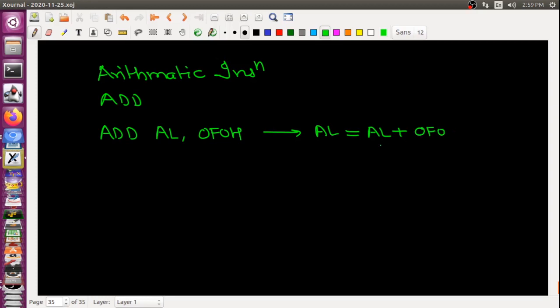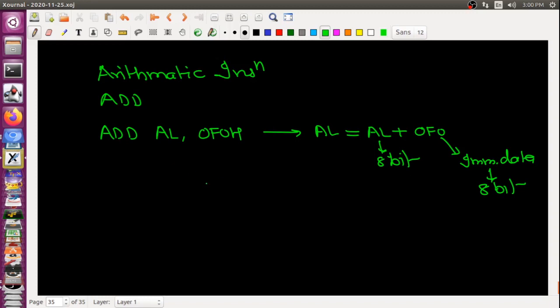Because AL contains an 8-bit number and this immediate data is also 8-bit, these two 8-bit data will be added and the final result will be stored in AL.